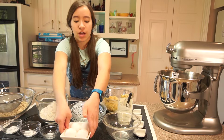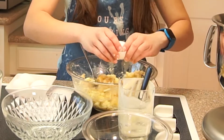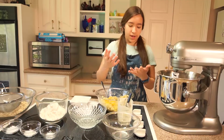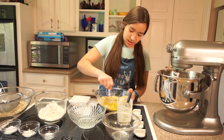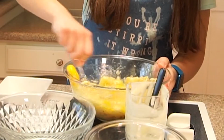Now I'm going to crack 4 eggs into my bowl with bananas. I'm gonna wash my hands. Okay, so I'm gonna whisk these eggs into the mashed bananas. Then we're gonna add them into the